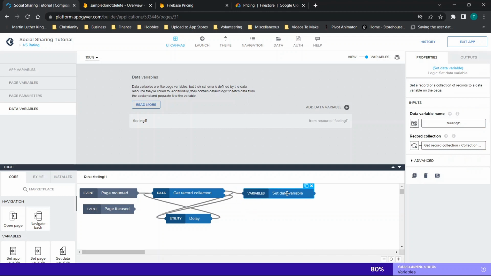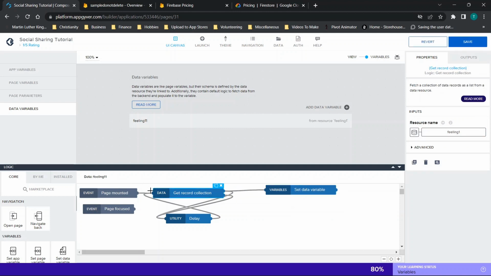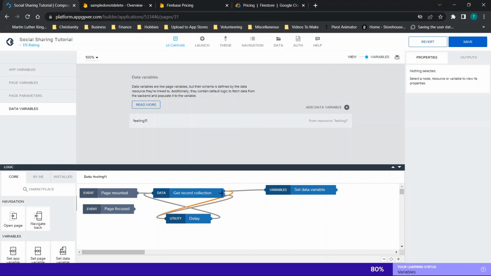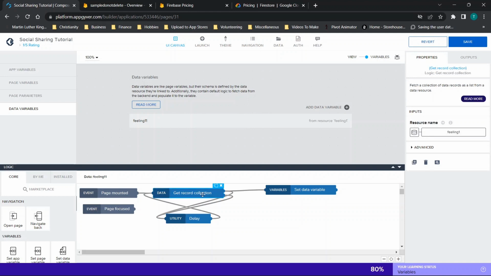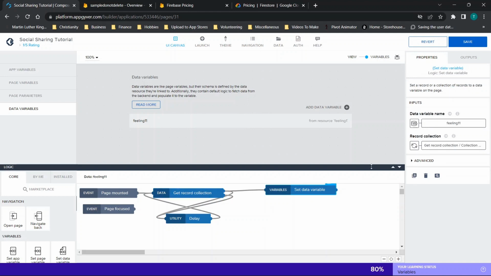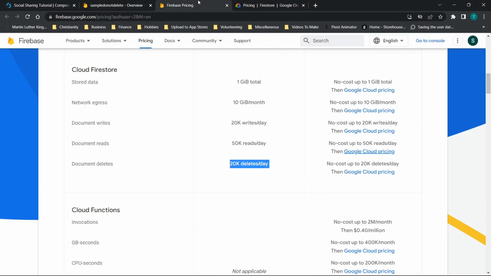Now in this case, you'll notice that we are doing this get collection, and then whether it succeeds or fails, it's going to this delay and then going to get record collection. And every time it's setting the data variable to the value. Now in this case, this delay means every 5,000 milliseconds, it's going to perform this get collection,